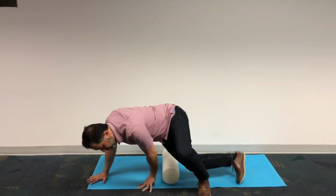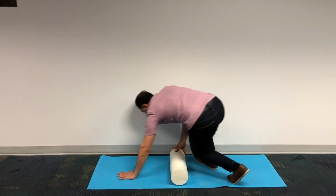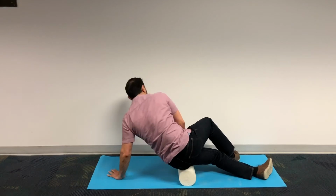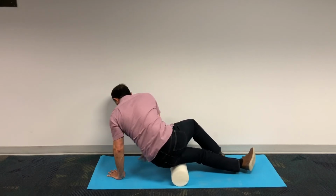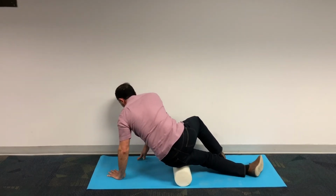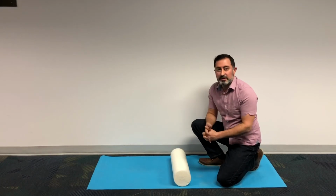And then I'm going to show you on the other leg. Again, the leg that you want to stretch goes right in the middle. The other leg crosses over. Make sure the knee of this leg is straight, and you're just going to push it back and forth. You're going to be doing this about 4 to 5 times, and repeating this probably once